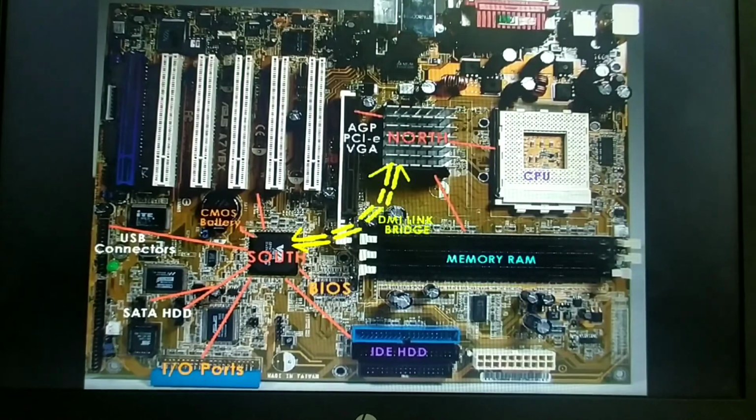Usually these SCSI ports are very expensive because they provide a faster data transfer rate and very high speed, and they also require certain dedicated adapters to function. SCSI usually comes with 25 and 50 pin connectors.